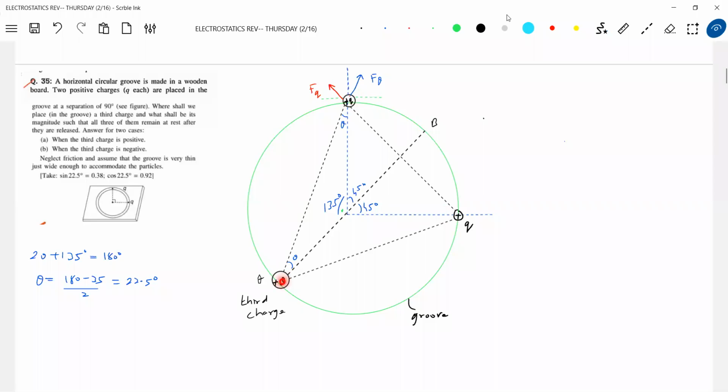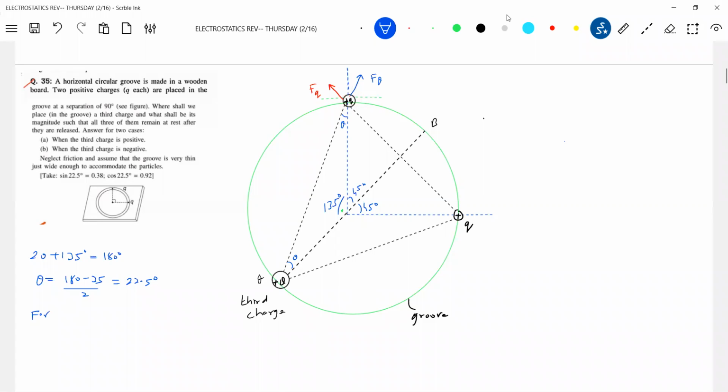Now you can ask, sir, why are you placing it here? Why not here? I think you should bring your basics of physics here for equilibrium. So if I place symmetrically, whatever force acts on this, the same force will act here. So here also the same condition: F_Q, capital Q, small q. Again, if the tangential forces are equal, it can be in equilibrium. What about along the y-axis? It's a groove, no? The sidewall of the groove will not permit it to move. So for equilibrium in a groove, the tangential forces must be equal. So I'll put it this way.